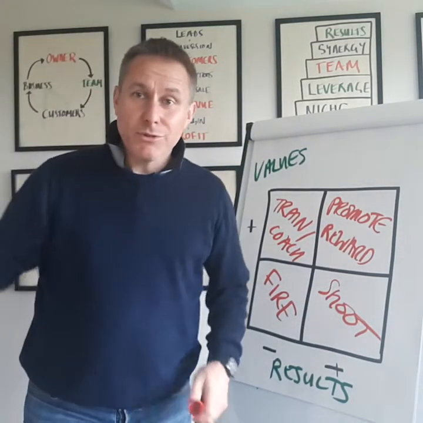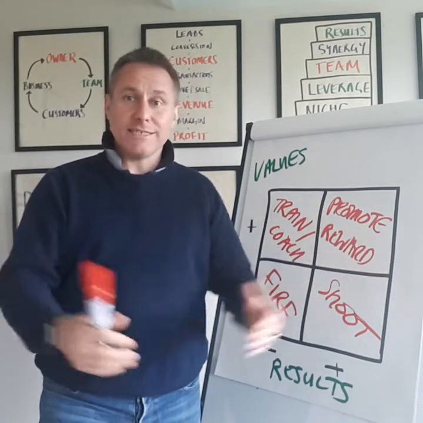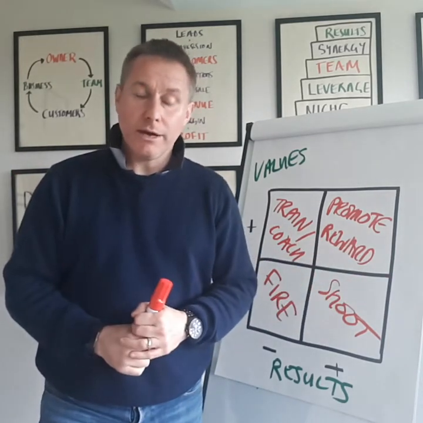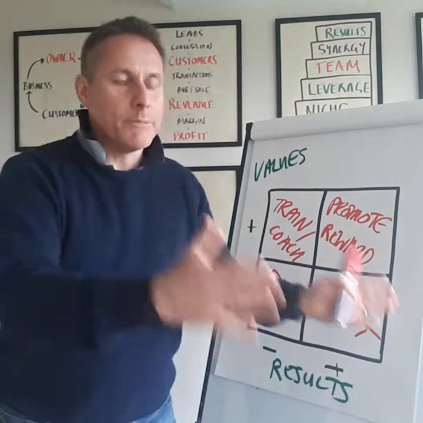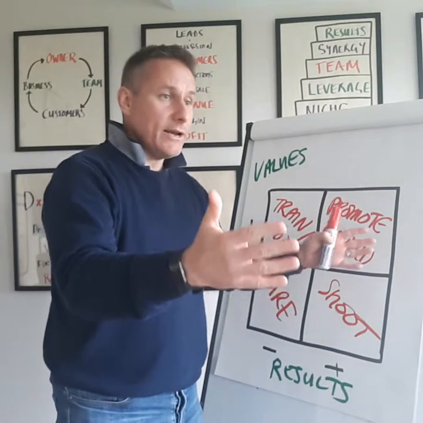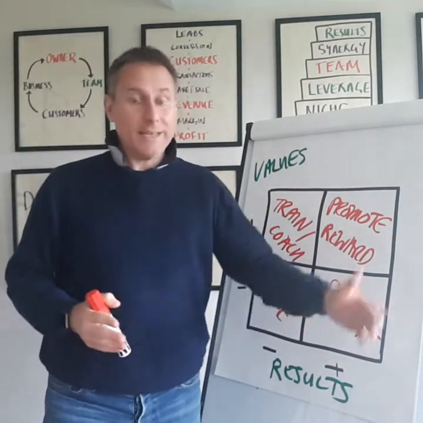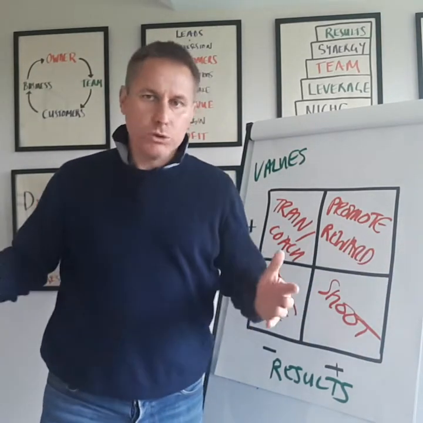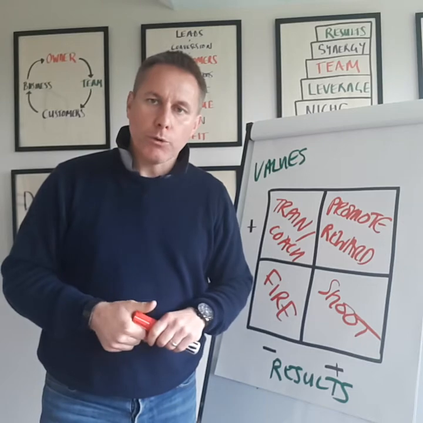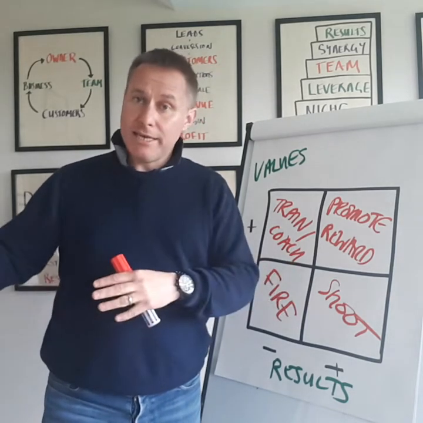We need to get rid of those people, and then importantly we need to explain in public to the rest of the team exactly what was going on there. So what I mean by that is, do it obviously with dignity and respect, but allow that person to go, and then gather the team and say, look, Jimmy came in, he did the job well in terms of the results. The way he went about doing it wasn't in line or in tune with what we want for this team, and as a consequence that's why he went.